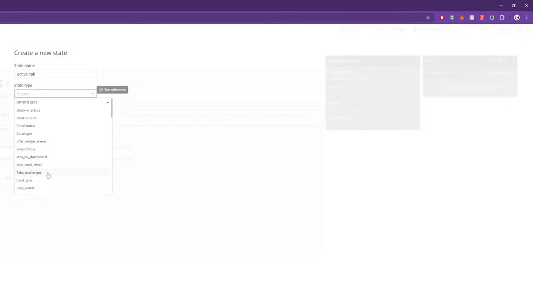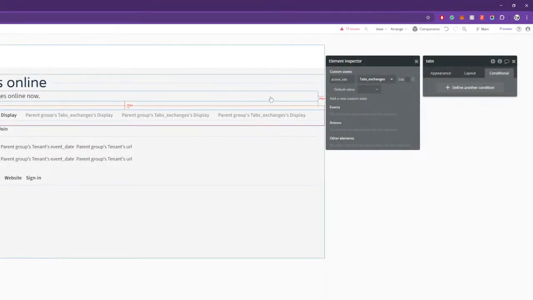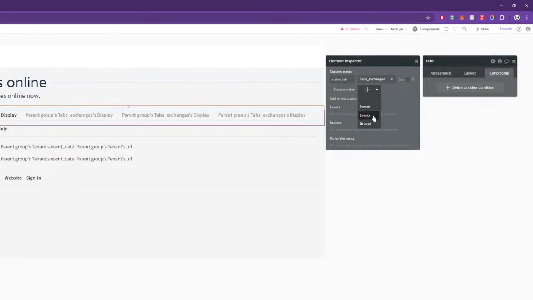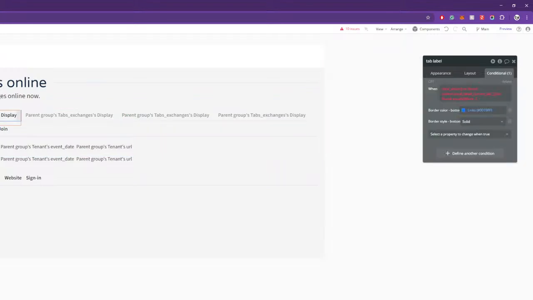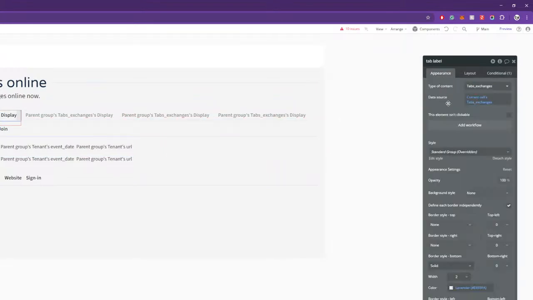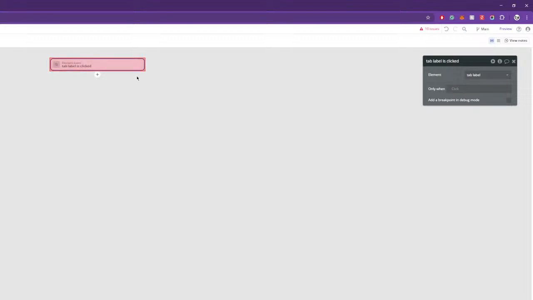Do I need to set this as tab exchanges? I think I do. Yes, there we go. So this custom state is one of the values from the option set that I made earlier. I'm going to default to events, and then when we click on one of these, add a workflow, I'm going to set the state